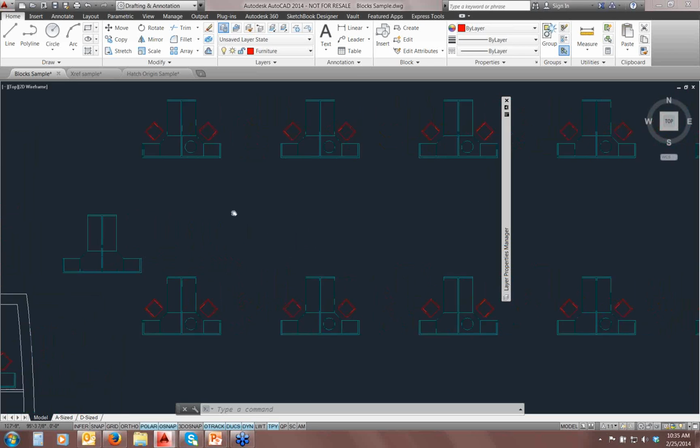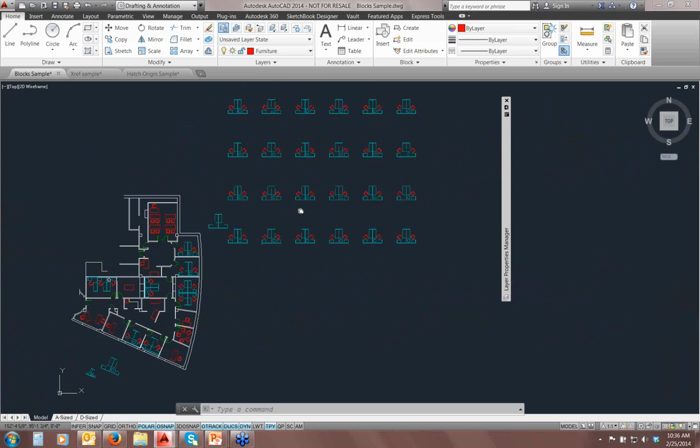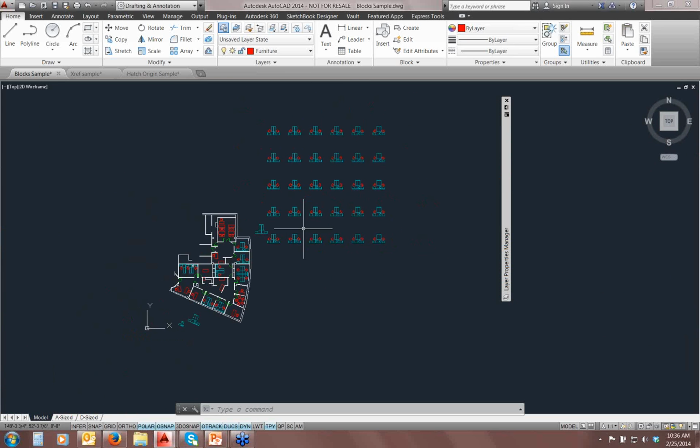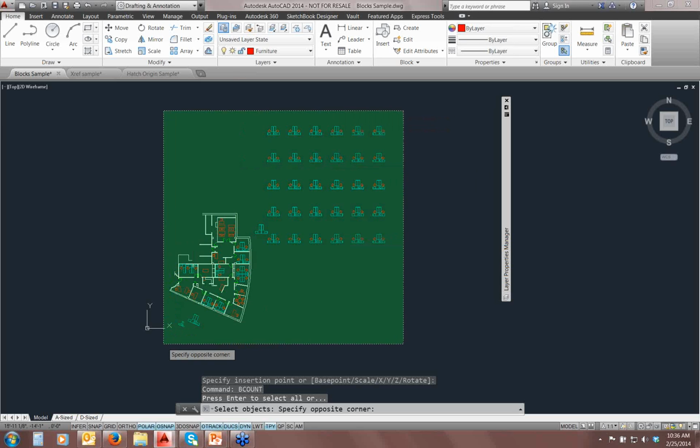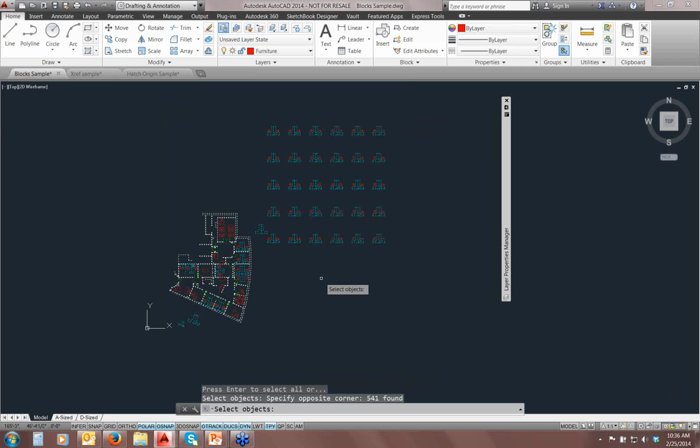Again, also on the subject of blocks, sometimes you have a situation where you want to get a quick idea of how many blocks of a particular type or blocks of all types are currently present in the drawing and visible in the drawing. There is a command called bcount. So it's B-C-O-U-N-T, as in block count, bcount. When you type that command, it's going to say select objects. What you have to do, I'm going to do just a big crossing window here and pick everything in the drawing. When I hit enter,